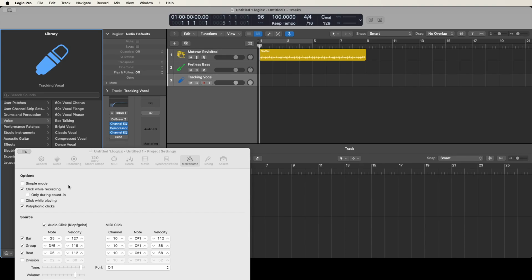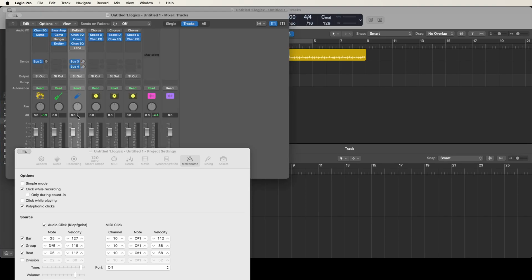And the nice thing about the library is you can still edit these sounds to your liking. So if I jump into the mixer with Command 2, you see that puts me on the channel strip in the mixer for the track I had selected in the track headers, which was the vocal audio track. If I interact with this channel strip, tracking vocal,